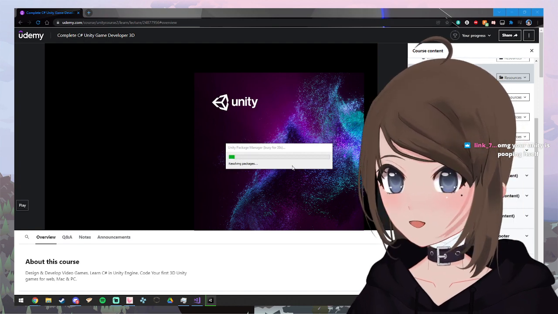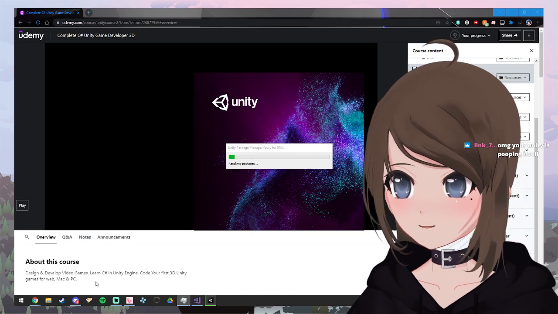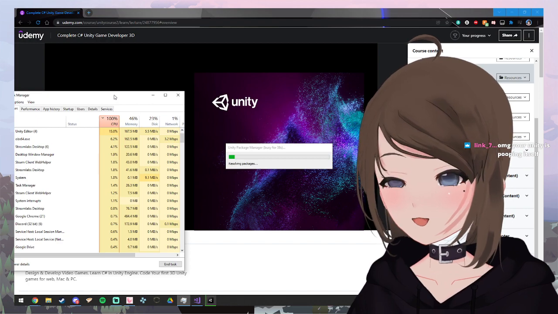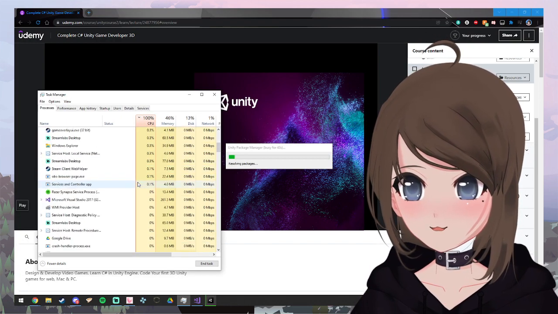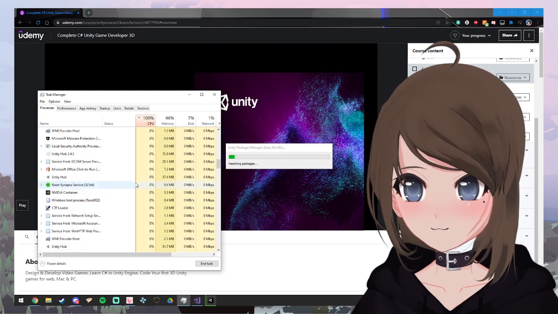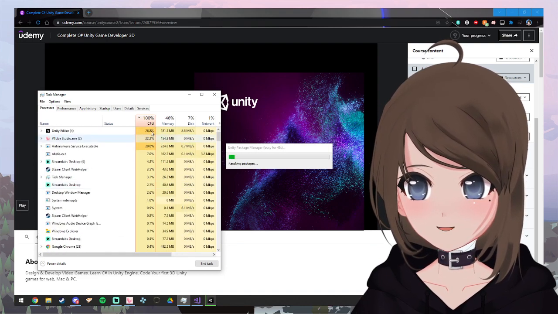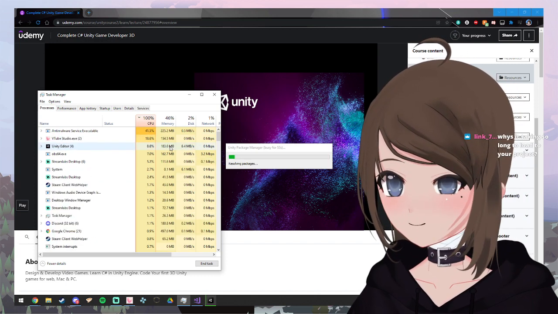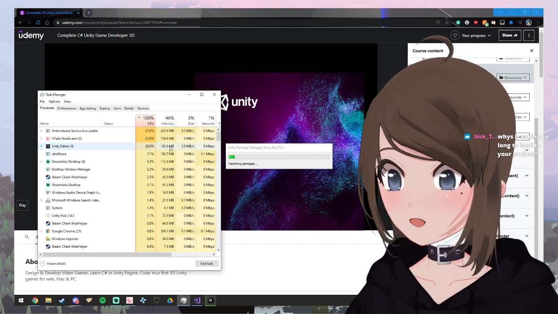My Unity is pooping itself. That's fine, don't worry about it. Just check task manager. What's that? Oh, 100%. Yes, please. I wonder what's making my computer shit itself today. I don't even know. 3 apps. Computer dead. Why is it taking so long?